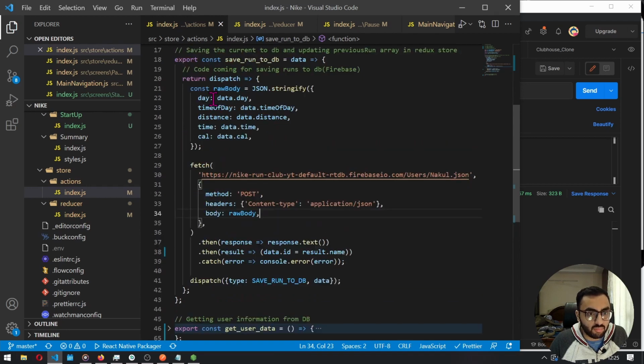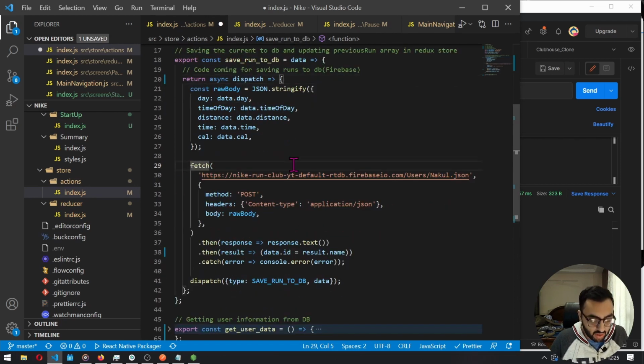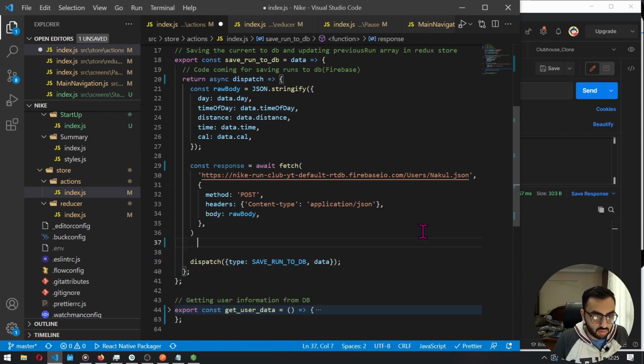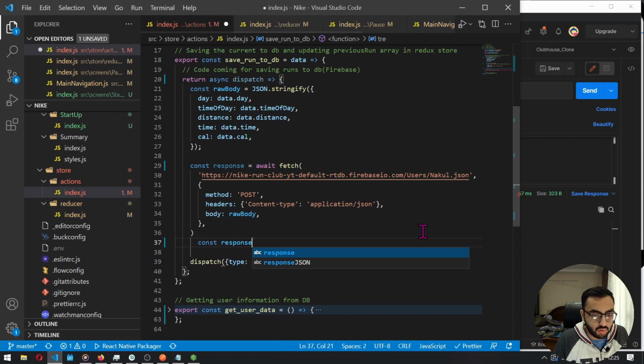Let us make it asynchronous. It will be much better. Making it asynchronous, like we had done it before. const response is equal to await fetch. Removing all of this. Then having const responseJson is equal to await